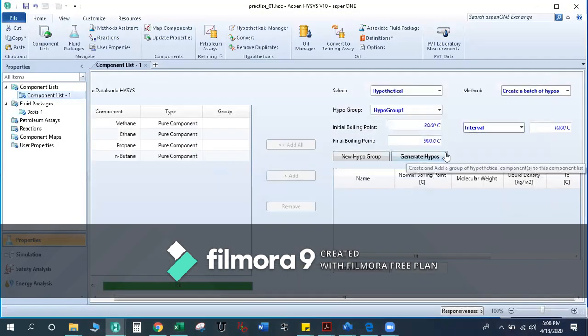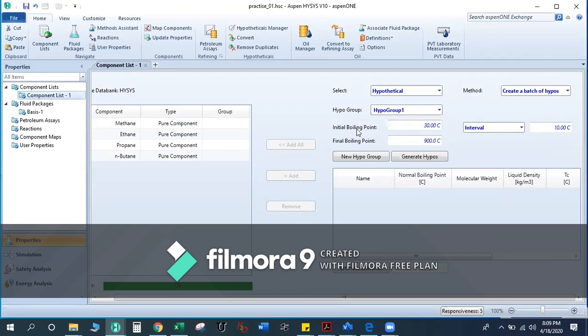Now, if you have a sample or a component for which you know its boiling point, density or molecular weight, if you have any of these three properties, by using those you can define your hypo component.